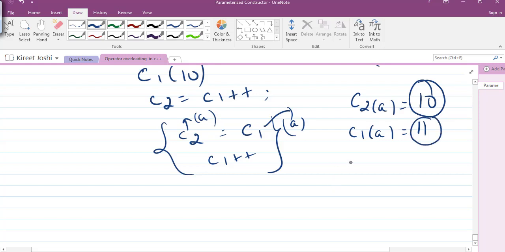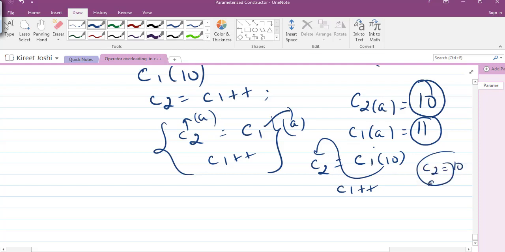First the value contained in C1, which is 10, is assigned to C2, so the value of A inside C2 will be 10, and then the value of A in C1 will be incremented and it will become 11.